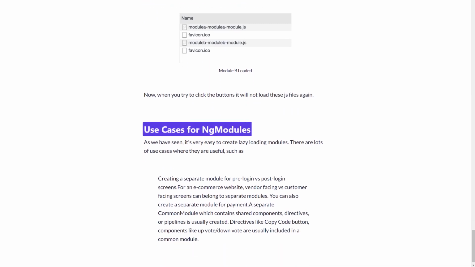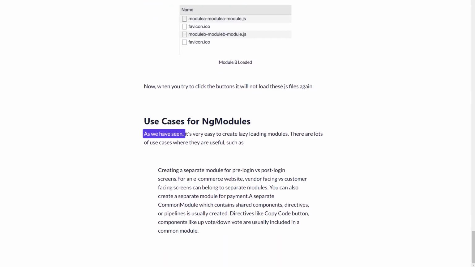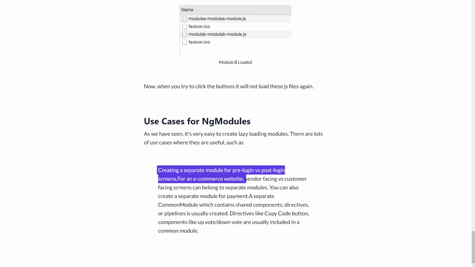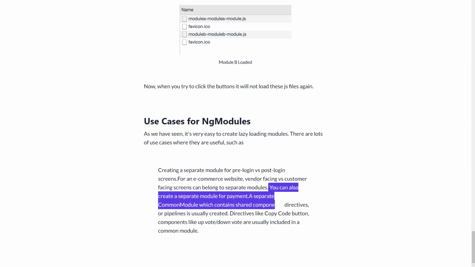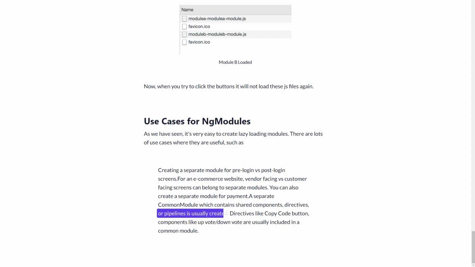Use cases for NgModules. As we have seen, it's very easy to create lazy loading modules. There are lots of use cases where they are useful, such as creating a separate module for pre-login vs post-login screens. For an e-commerce website, vendor-facing vs customer-facing screens can belong to separate modules. You can also create a separate module for payment. A separate common module which contains shared components, directives, or pipes is usually created. Directives like copy code button, components like upvote/downvote are